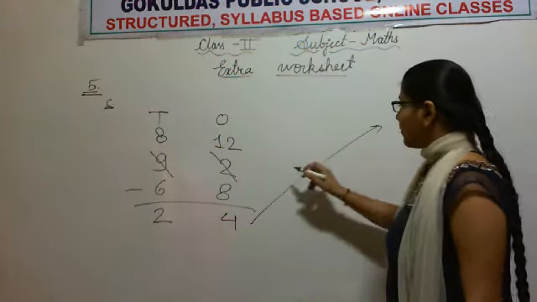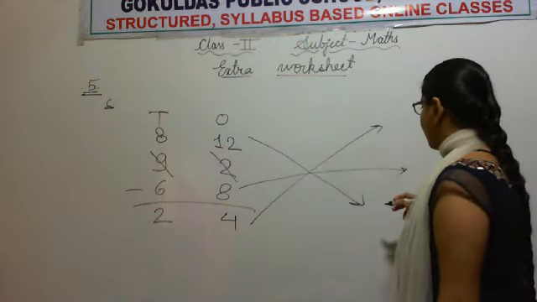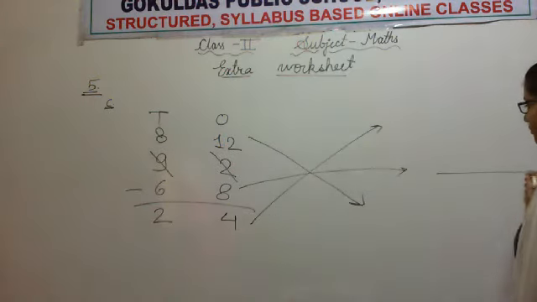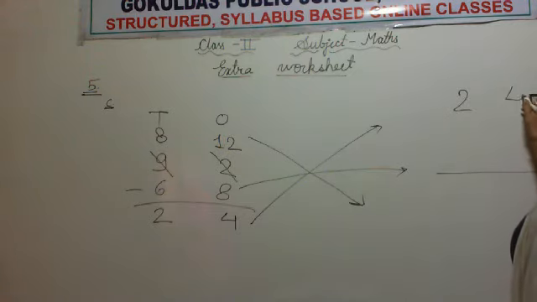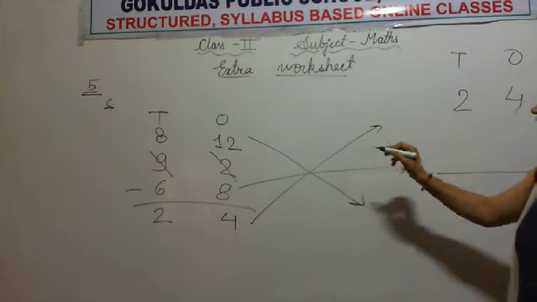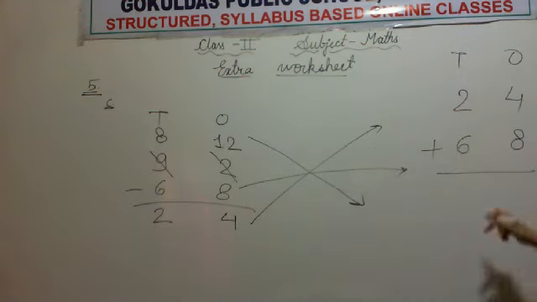So first of all, we'll make a cross, then a simple line. Okay. So we will write this difference as first addend 24 and subtract the second. Let's add them. 4 plus 8. All of you add 4 and 8. Very good. 12.